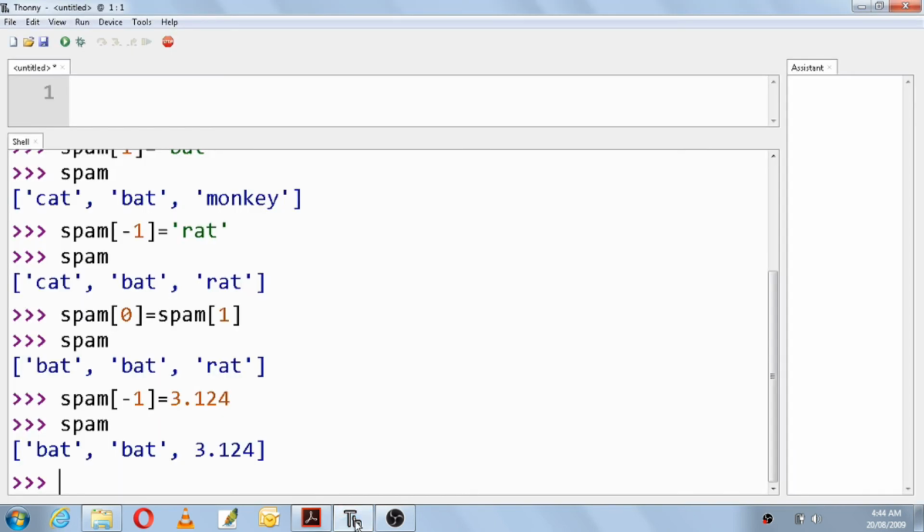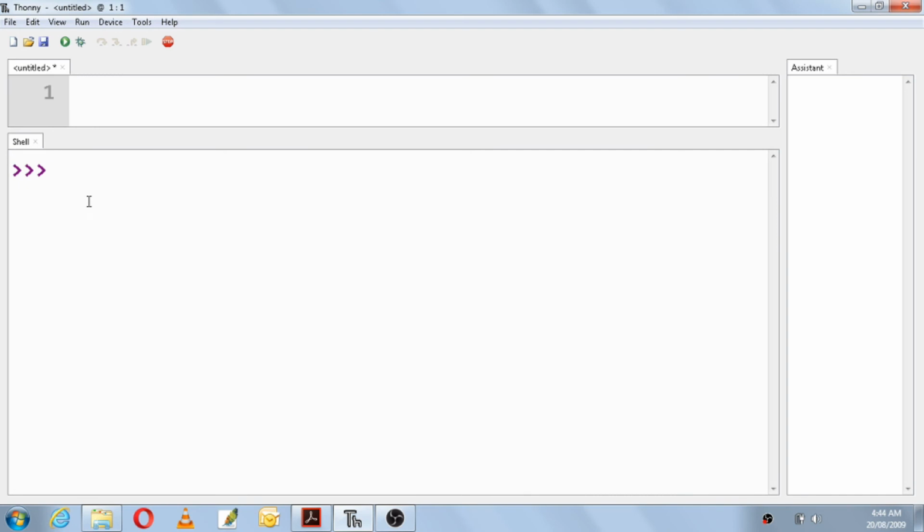We'll see this example. We'll clear the screen. Okay, so we'll take one list of values, and you will use the concatenation expression plus, list of characters.